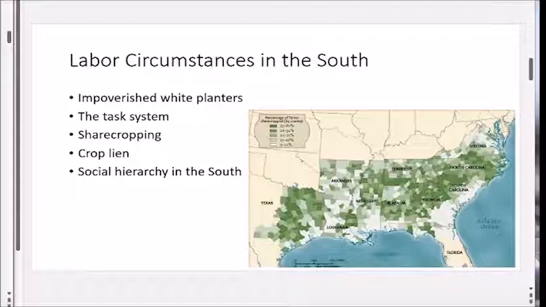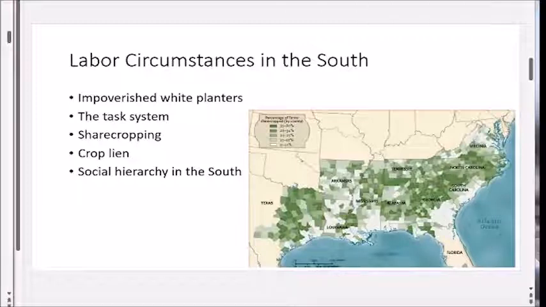And then you have a number of African American workers after the war who don't own land because, like we said, President Johnson decided to give land that was confiscated or land that had been abandoned back to the original owners rather than distributing it to African Americans. Okay, so what does this labor system look like now? The white planters who used to be on top of the social hierarchy still are, but they're not quite as wealthy as they once were.